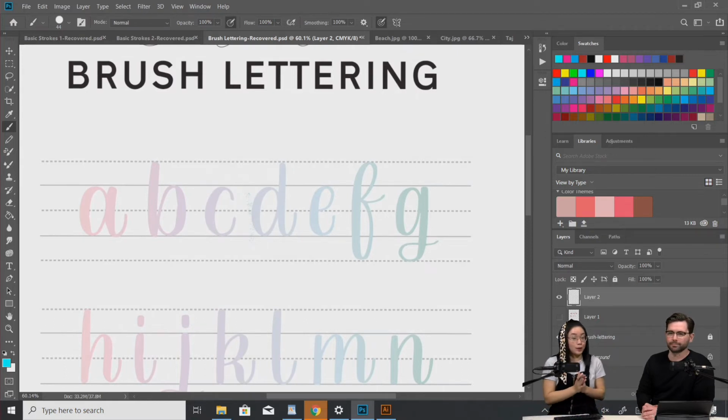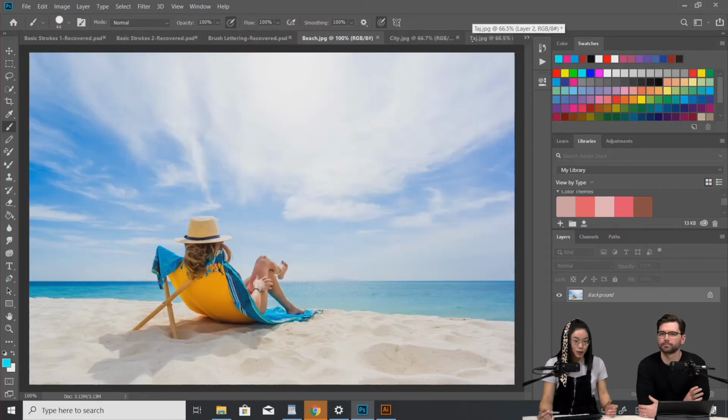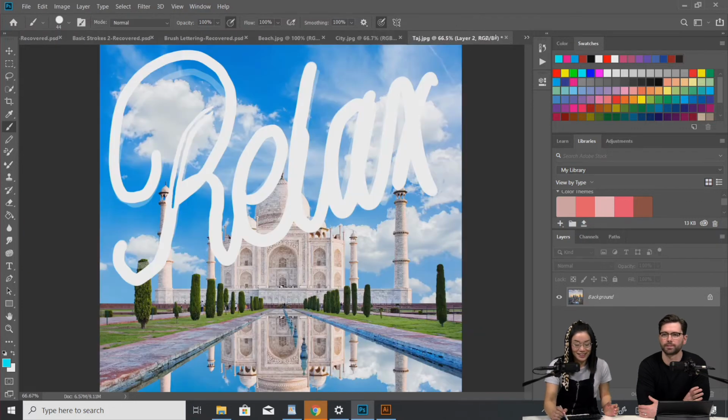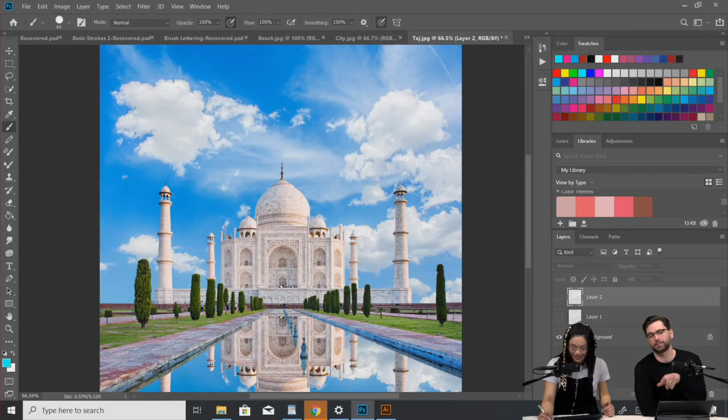So do we want to go ahead to the actual lesson? We're going to do some 3D lettering where I show you how to add some dimension to your work. Okay, we have 3 pictures here, which you can choose from: the beach, the city, and the Taj Mahal, which you don't have to spell.